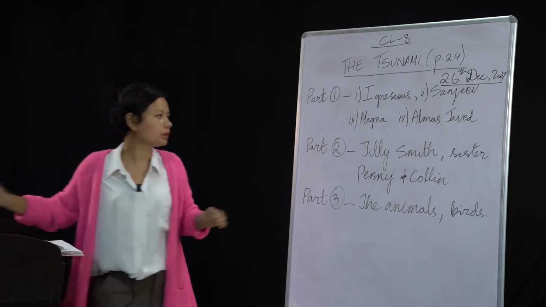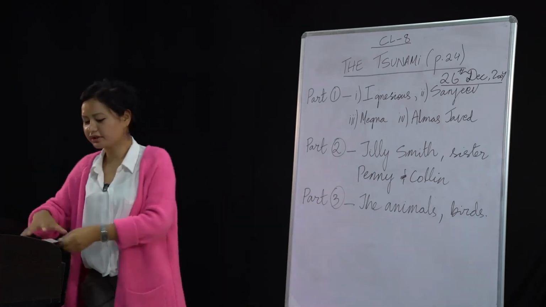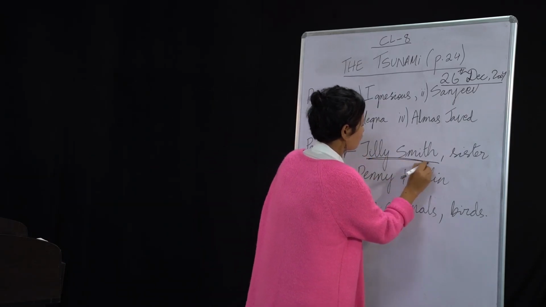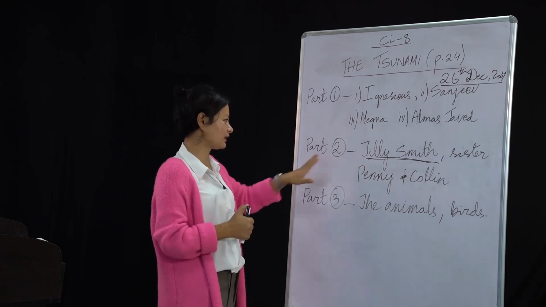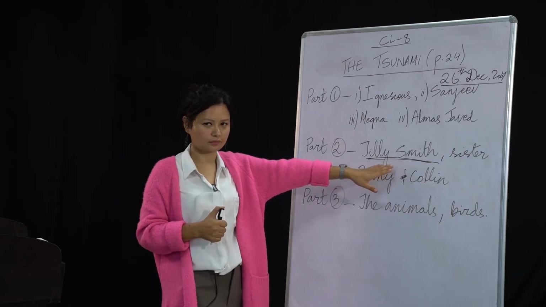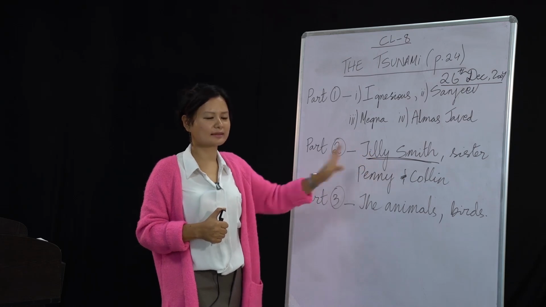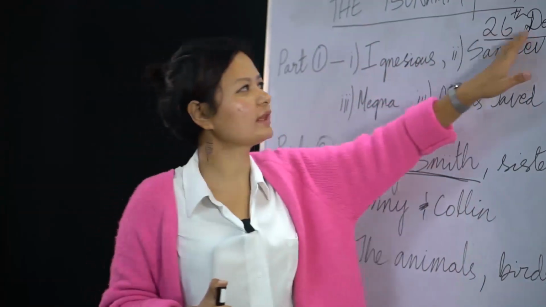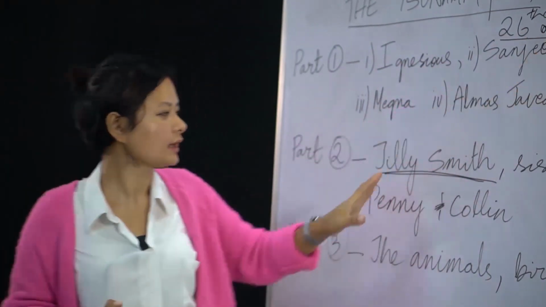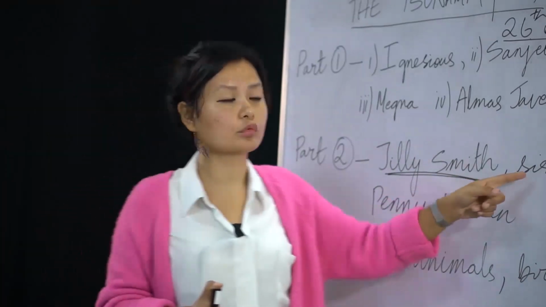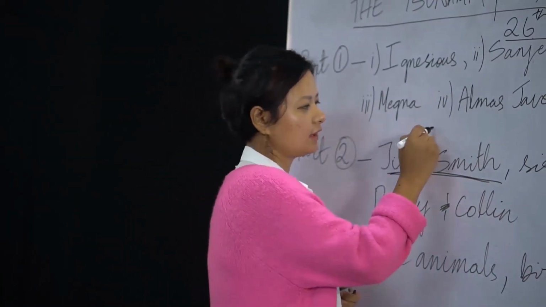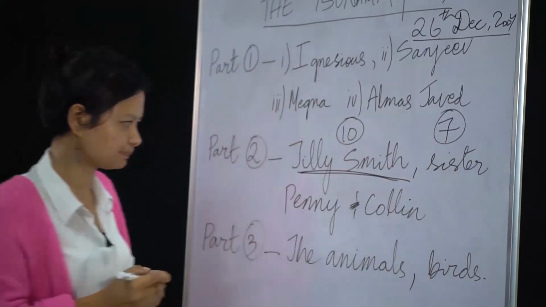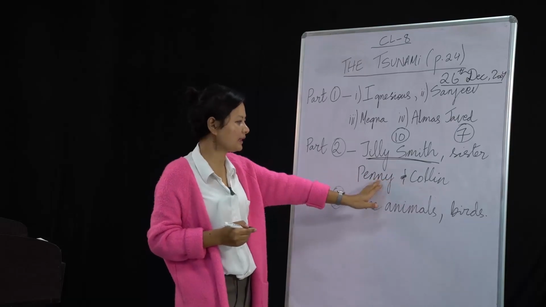And for the second part, we will look into a story of a British girl called Tillie Smith. Basically, we can understand that in this second part, she is the heroine of the story, okay? Tillie Smith was a 10-year-old British girl. When the tsunami occurred on 26 December 2004, Tillie Smith and her younger sister, who was 7 years old, along with her parents, Penny and Colin,